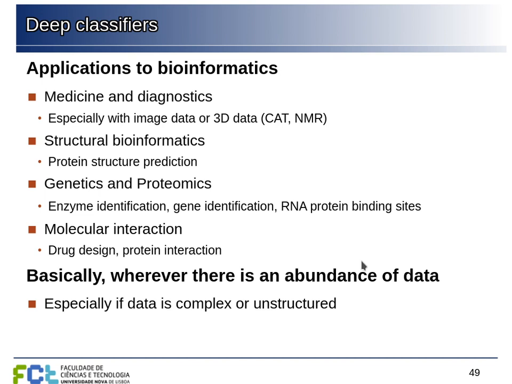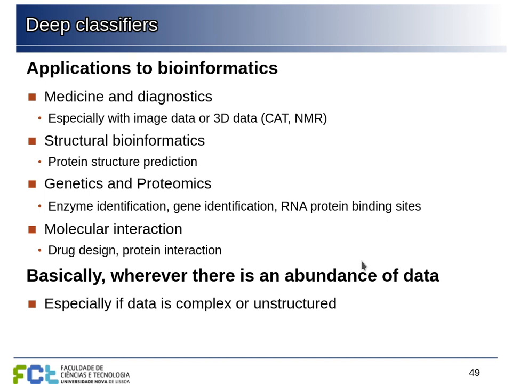There have been lots of advances in structural bioinformatics using deep neural networks. So basically the best algorithms that we have now for predicting protein structure are deep neural networks. In genetics and proteomics, trying to identify the function of genes, of proteins by the sequence of the protein, binding sites, and so on. All of this has been tackled with deep neural networks too. And in molecular interaction, trying to predict protein interactions for drug design and so on.